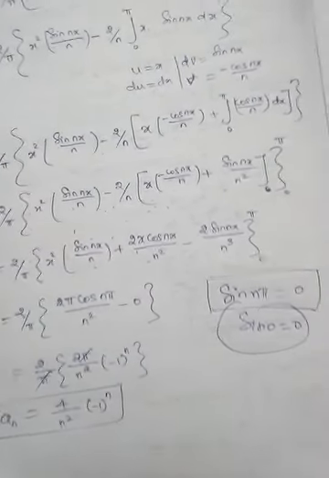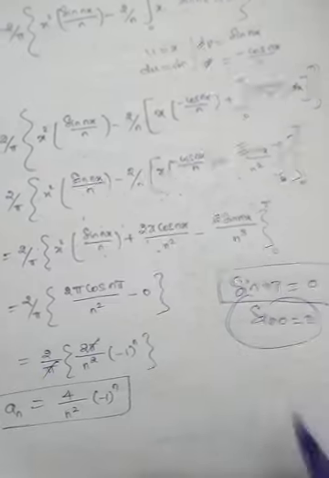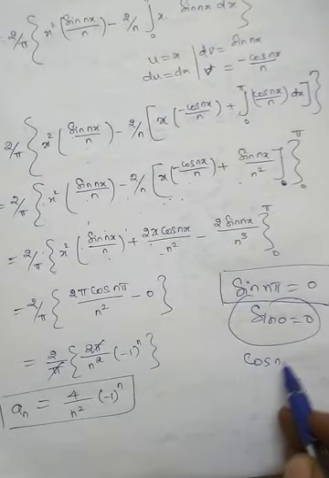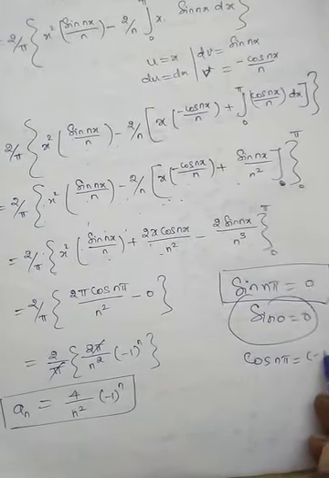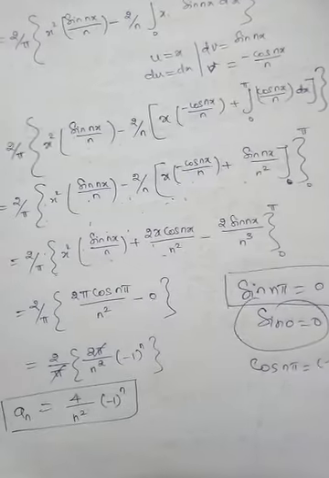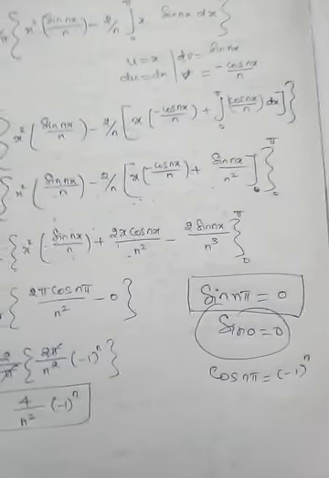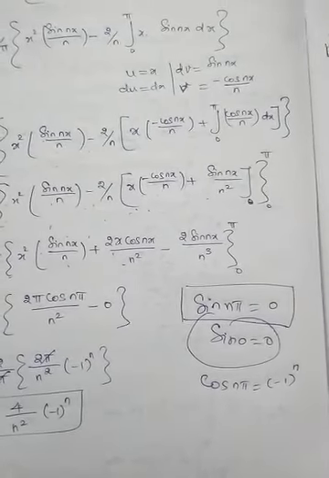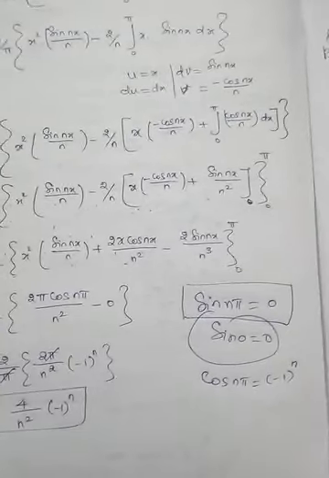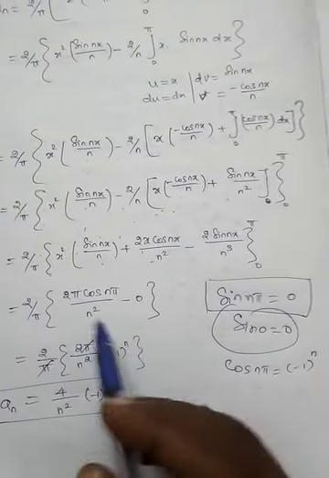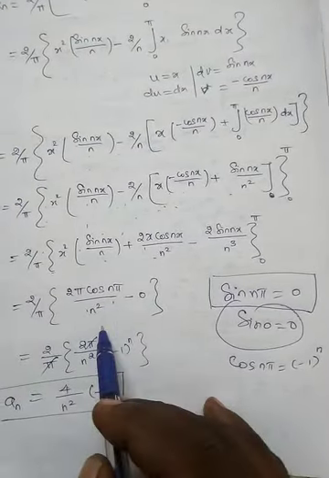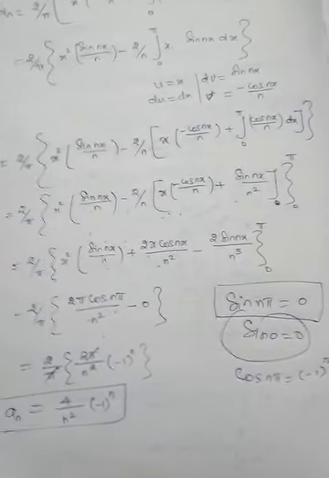So two things are happening here. Similarly cos n pi is equal to minus 1 whole power n. So this is the formula. I am going to substitute these three formulas in this place. So what will happen? We are simply getting 2 pi cos n pi by n squared. That's all. You can check it.